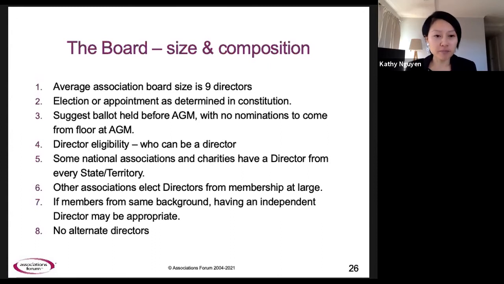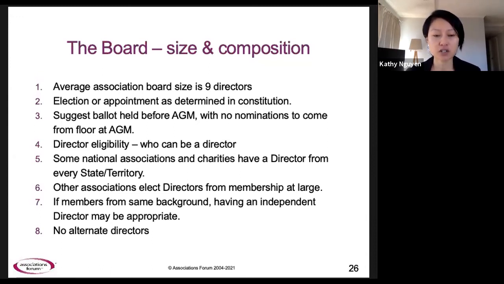All right, now another important component of the Constitution is the board, and specifically size and composition. So our research amongst our membership network, the average association board size is 9 directors. And we think that's about right. From time to time, we meet boards that have maybe 20-something directors, and we think that's too large. We're not fixated on the number, but you need a group that is small enough that decisions can be made, and that there is